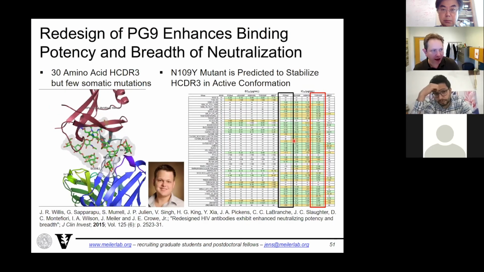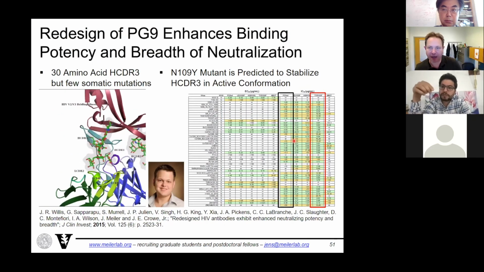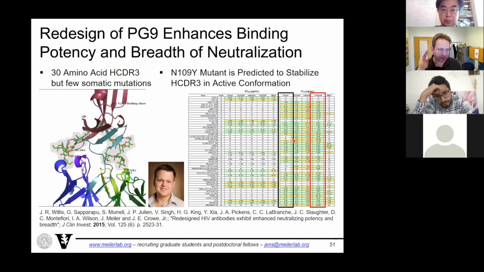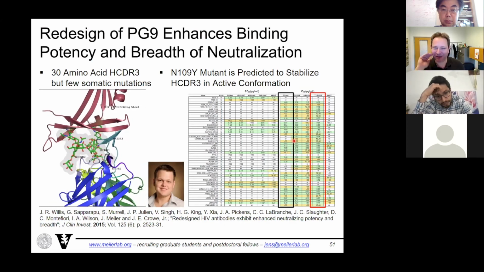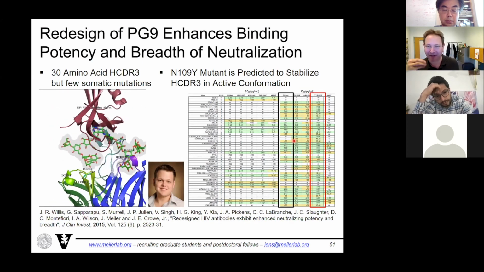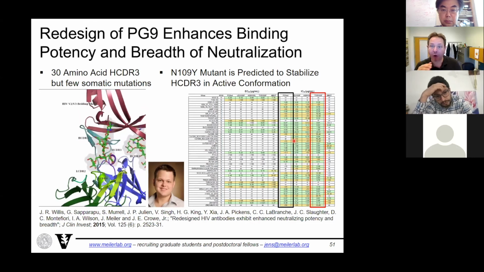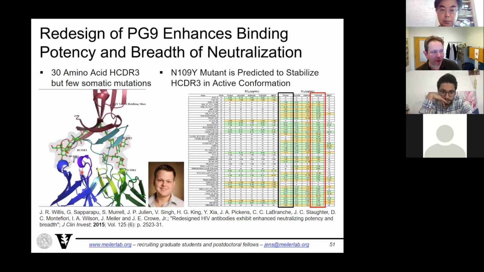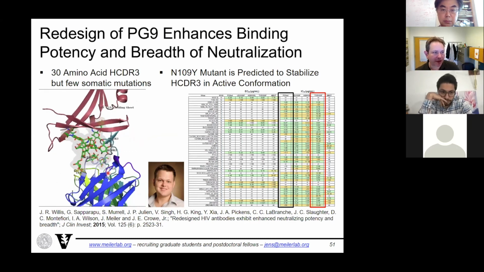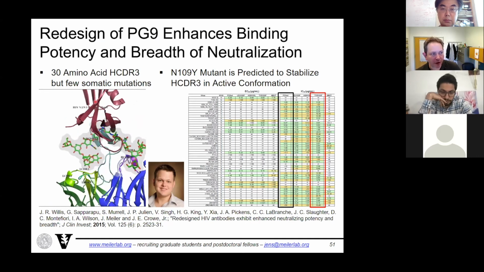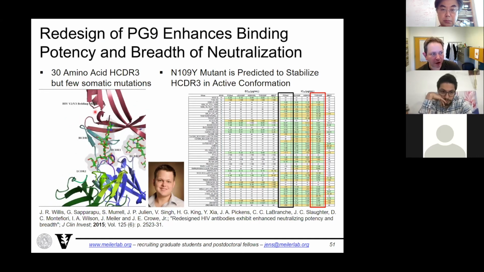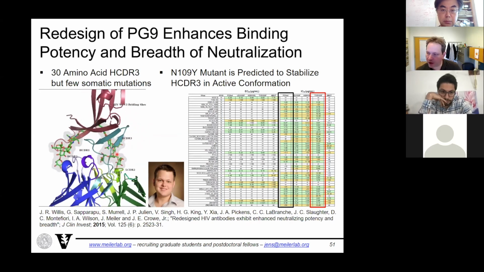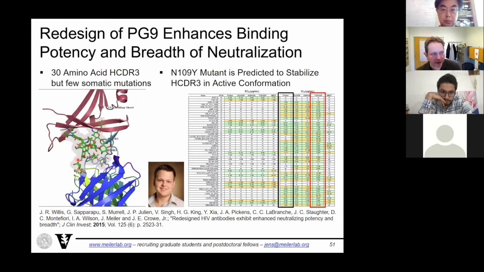And so here we have one of those neutralizing HIV antibodies. So the ultimate goal here is a vaccine for HIV. To get a vaccine, we need to know the best antibodies. And this is about finding the best human antibodies that are broad against many different strains of HIV. Here we see a co-crystal structure of one such antibody. That's antibody PG9, which came out of a patient, bound to a mimic of the surface protein, in orange or in salmon up here. The viral protein has these sugar molecules on the surface protecting it.